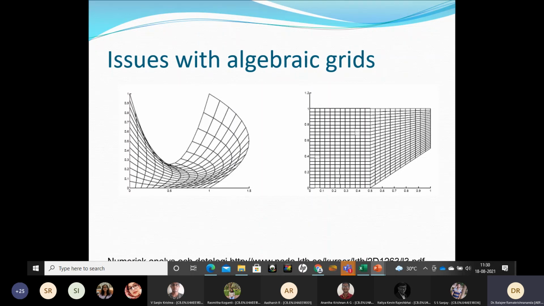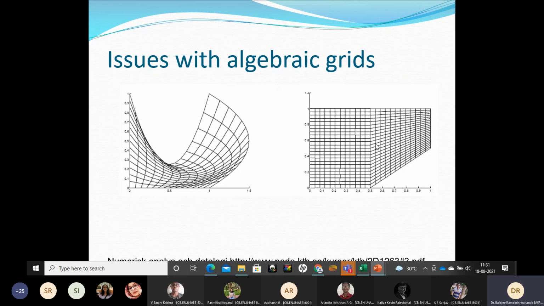Whereas on the right hand side, you have a very straightforward looking grid, a straight line here, probably one slanting line here, but see, there's a sudden change in gradient at this point. The value of 0.5 is given there, x 0.5. When you progress in the y direction, even the point next to that has a sharp gradient.